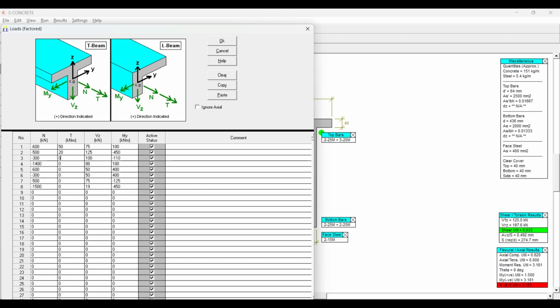It's 92. Number 4 is 368 kilonewton. The maximum moment is